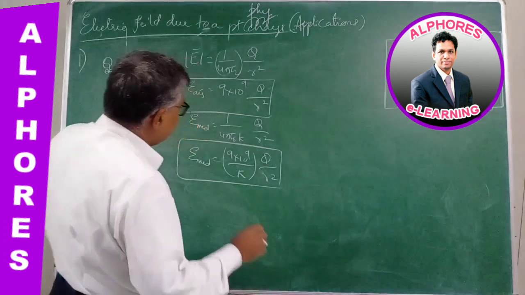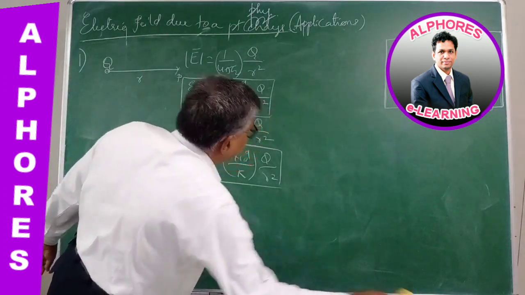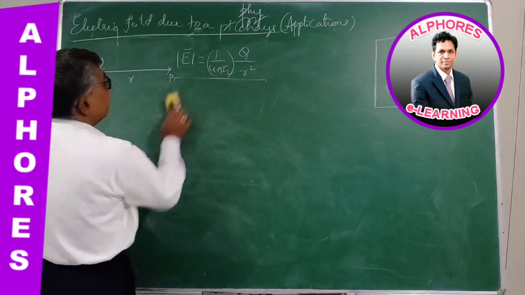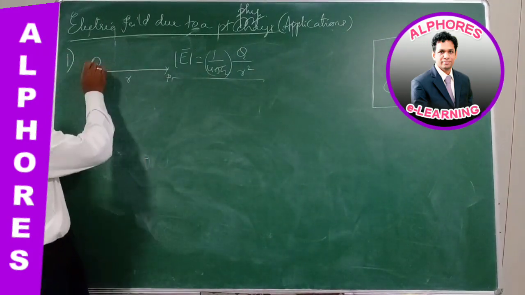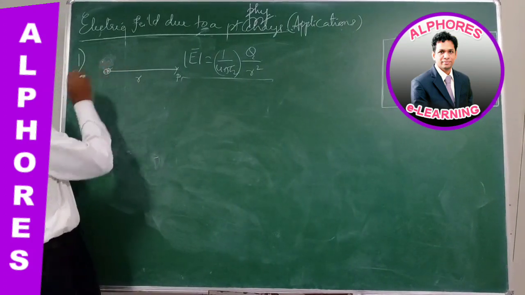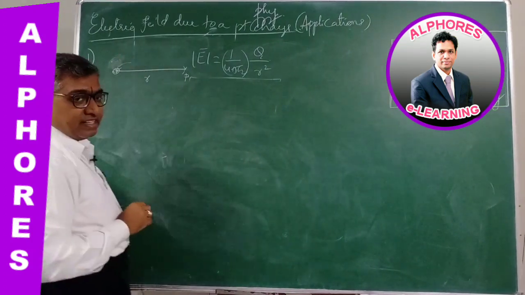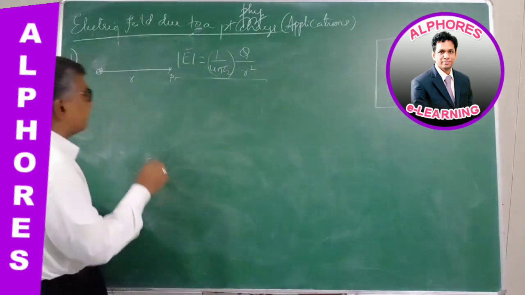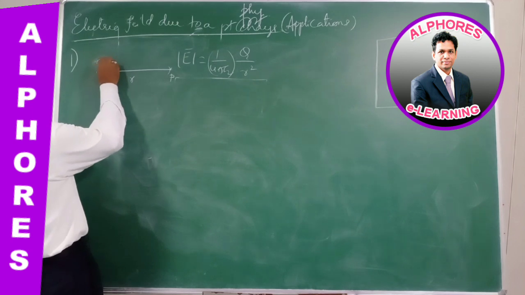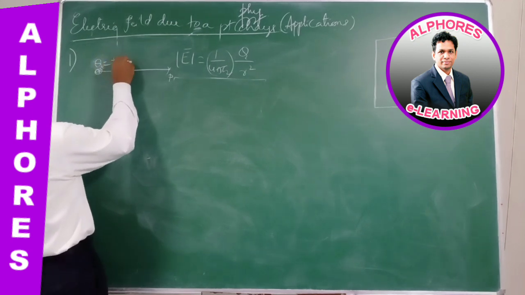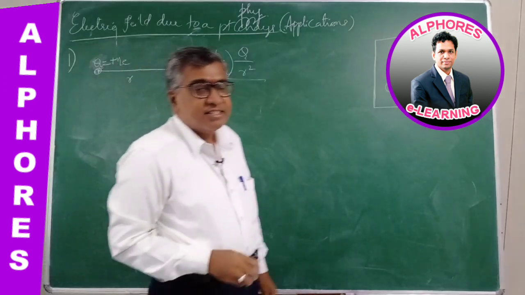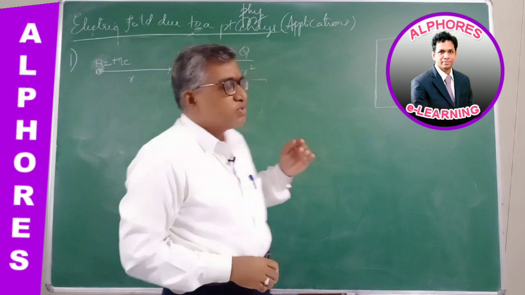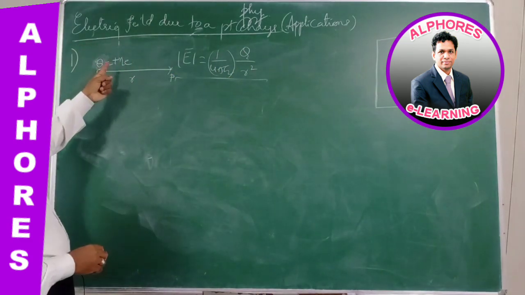That is the first question. Second, if instead of giving you a charge q, he gives you a point charge formed by removing n electrons, then what would be the electric field due to the charge? We know when n electrons are removed, the charge is plus ne. Charge is quantized. Charge is always an integral multiple of the charge of the electron. So therefore, charge q is equal to plus ne.